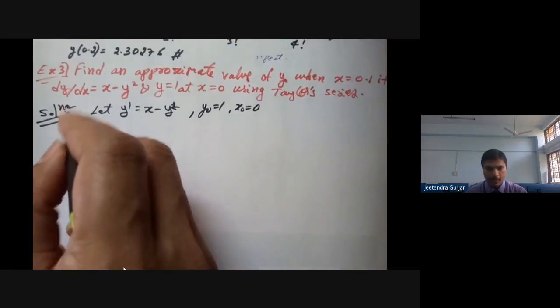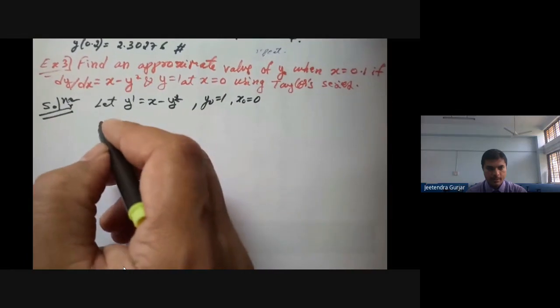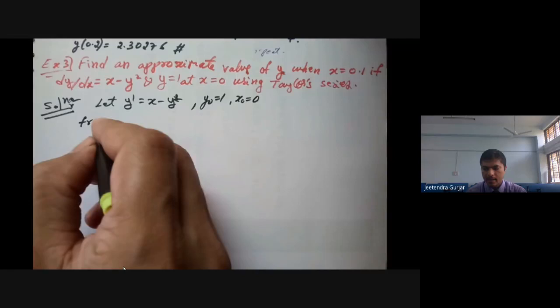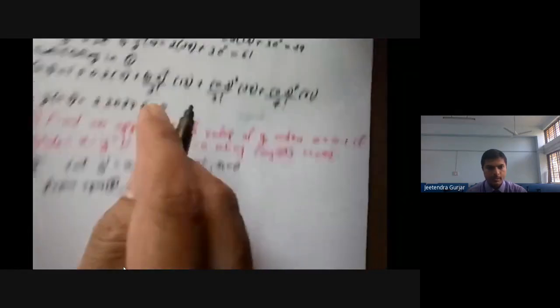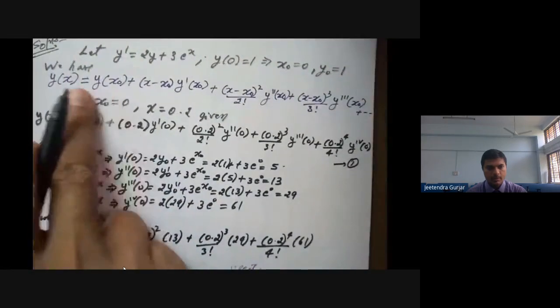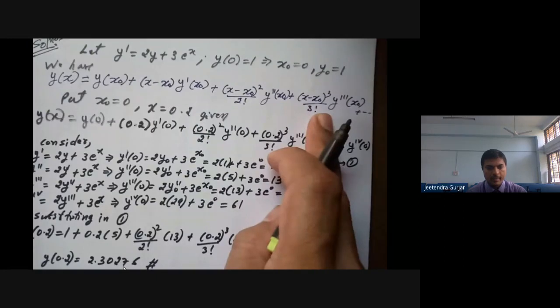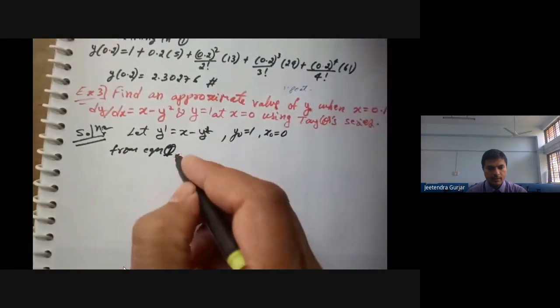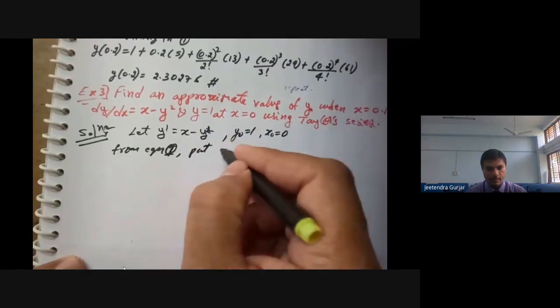So from equation 1, I have already written the equation 1 in example 2 above. So by using that equation, if it is possible, you write down this equation once again in the book. This is our equation, y of x is equal to y of x naught and so on. Rewrite this equation once again and keep this as equation 1. So you can rewrite this and substitute the values whatever they have given.